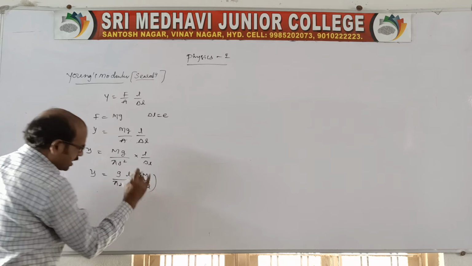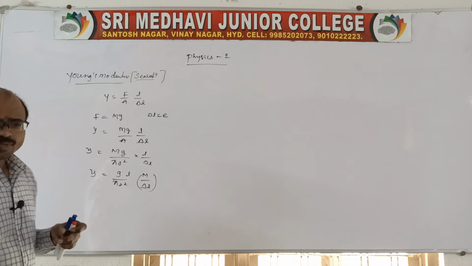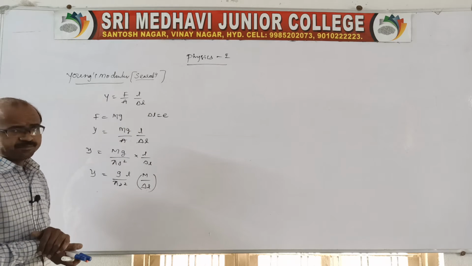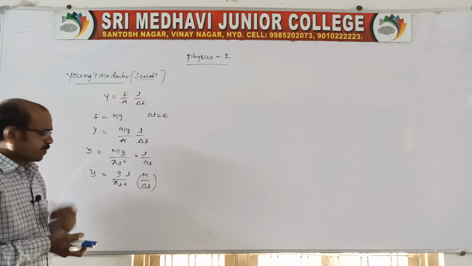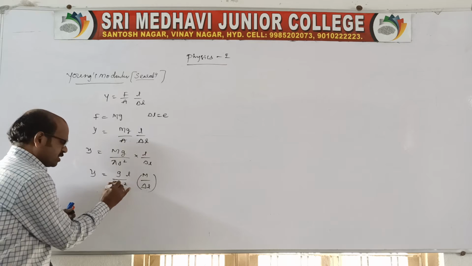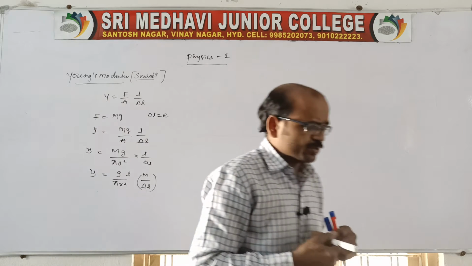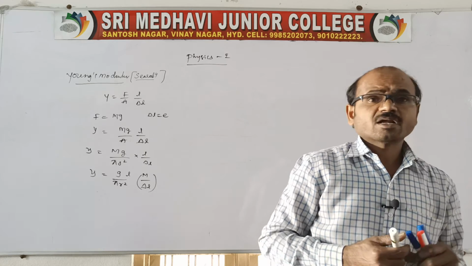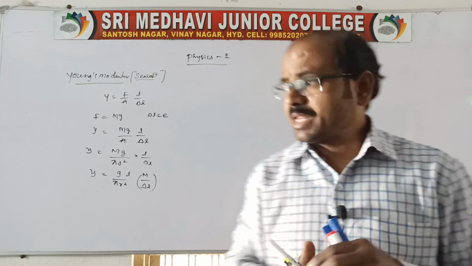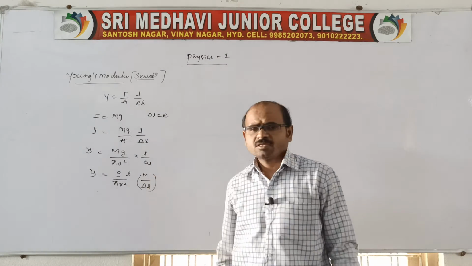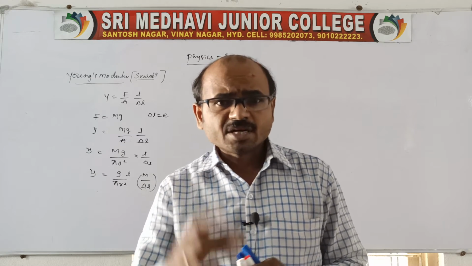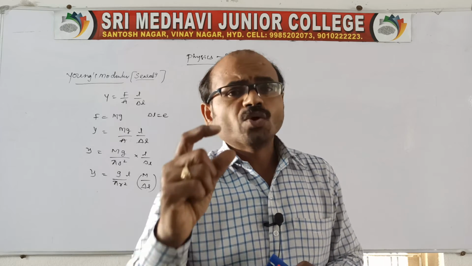I want to say one thing about Young's modulus. In this, g we know, the acceleration due to gravity. L we know, the length of the wire, which we can get by using a scale. Pi we know, 3.14. R also we know, the radius, which we can get using a vernier or screw gauge for the given wire. The remaining thing is m by delta L. Sir, how do we get m by delta L? Of course, by an experiment. We need to find m by delta L, that is, the extension as well as the load added.